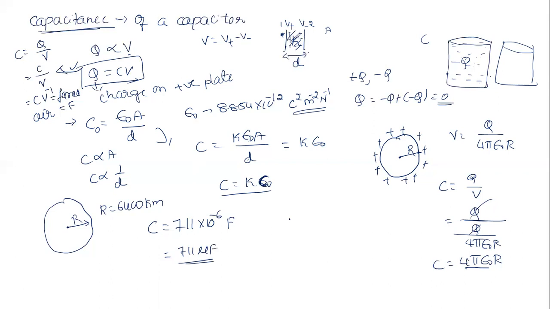So if I want to create a capacitor of 1 farad, how much dimension do I need? It is more than the Earth right now. So farad is a very big unit. So we always use picofarad or nanofarad. Pico means 10 power minus 12 and nano means 10 power minus 9. These terminologies we are going to use to represent it.